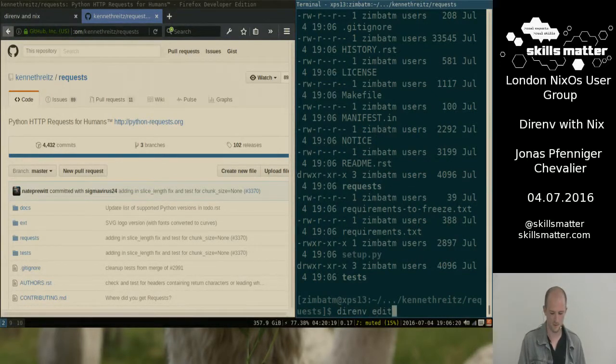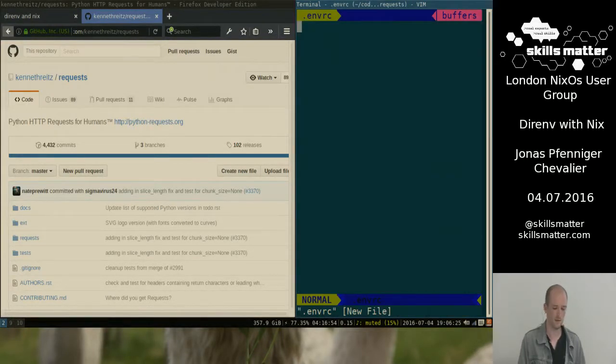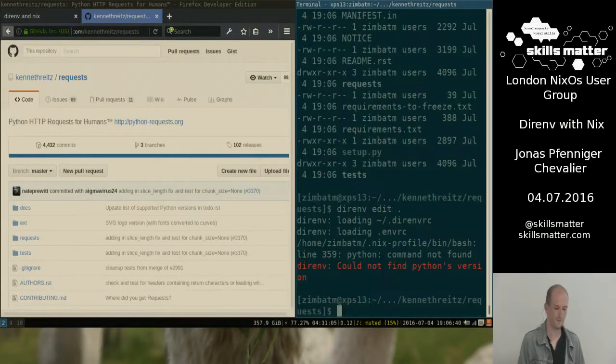So what I do is direnv edit dot, and what it does is open the envrc in your editor, which is set by an environment variable, and then layout python. And what this does is, this is part of the stdlib, and it sets up